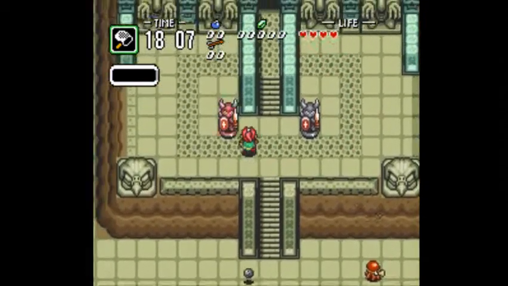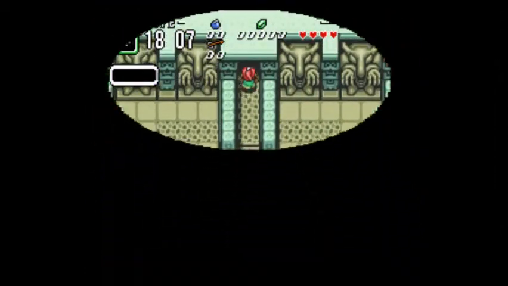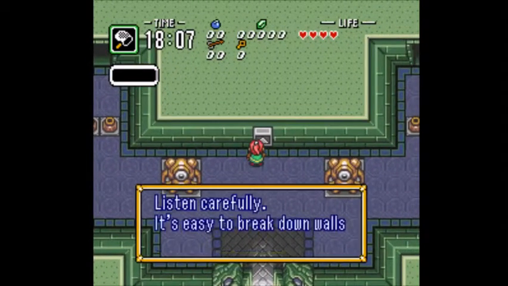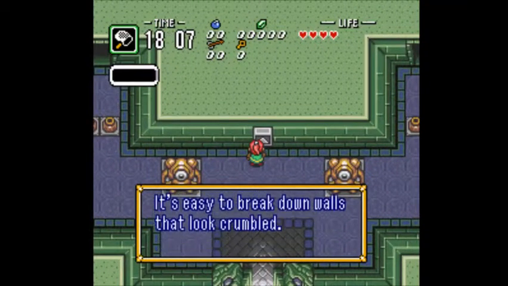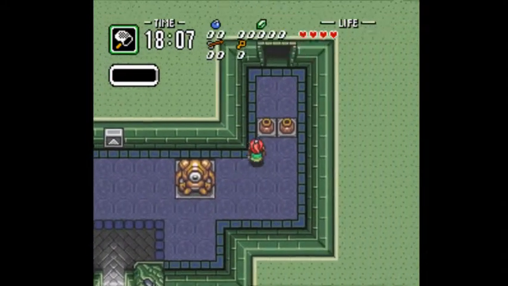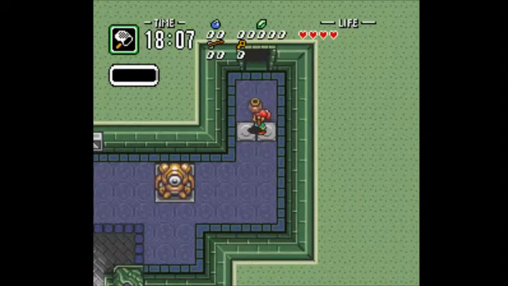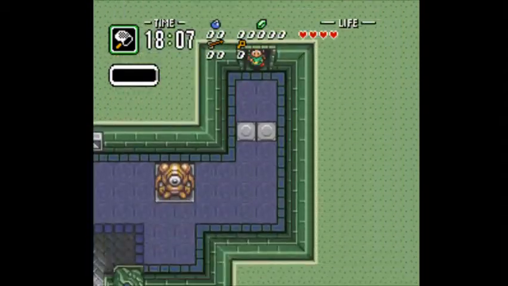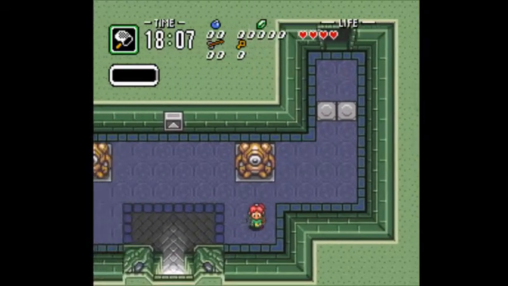I'll step in here. I don't know if I naturally just get the sword when I go in here. So carefully, it's easy to break down walls that look crumbled. Set a bomb at such a wall and a path will be opened. I'm already not remembering if I get the sword in here. I have a feeling, though, I need to go back out. I have a feeling it's not in here, so let's go out and see if anything right near